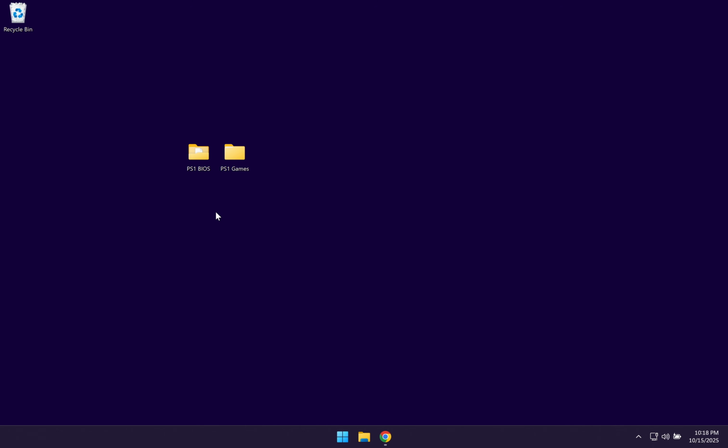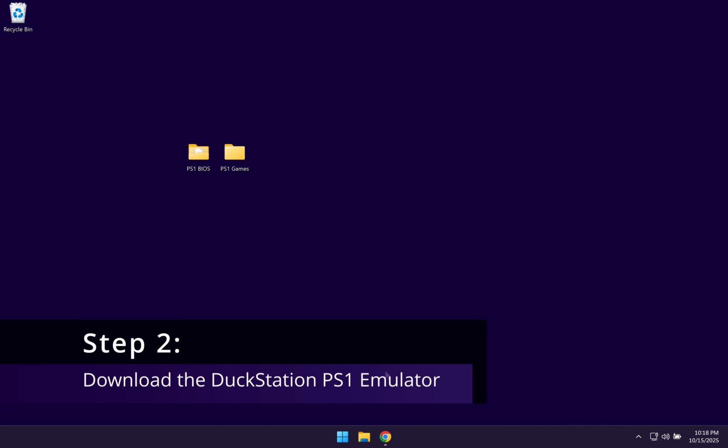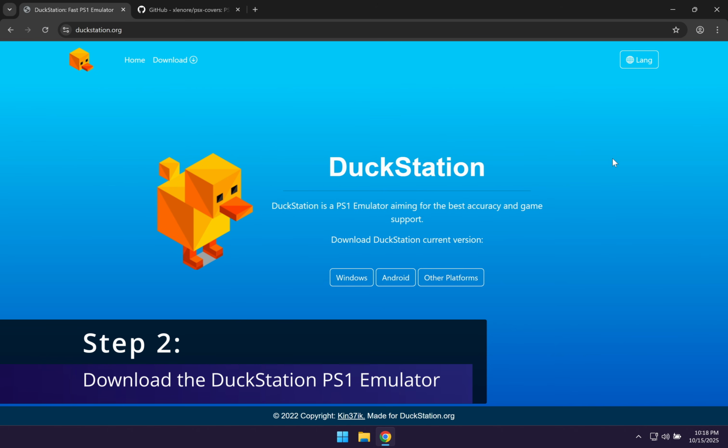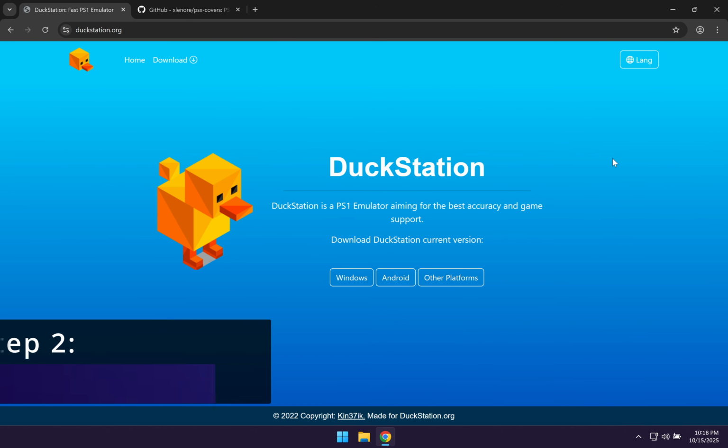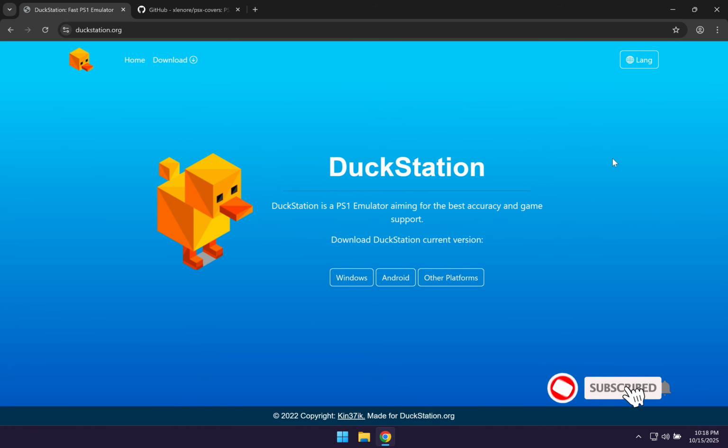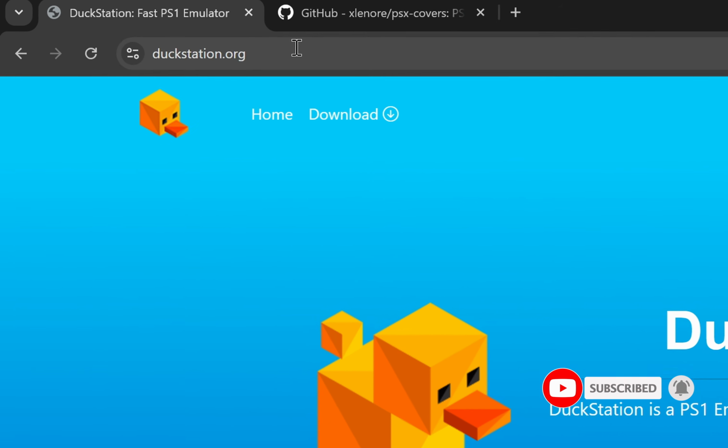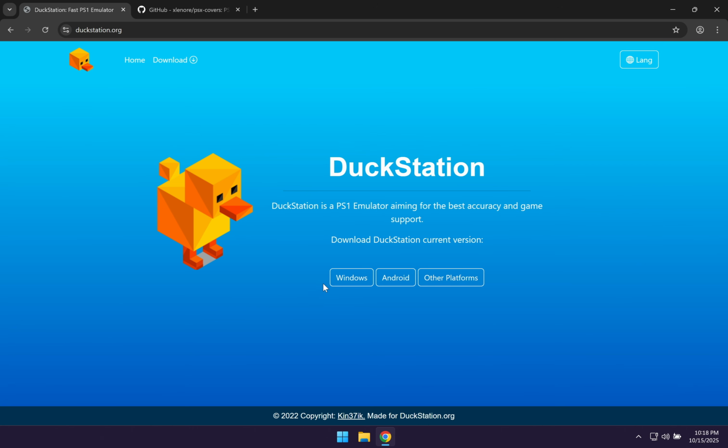So now that you have your PS1 BIOS files and the PS1 ROM files for the games that you want to play ready, you can go ahead and download the emulator. And one of the best PlayStation 1 emulators on Windows is an emulator called DuckStation. So you just want to come to this website called DuckStation.org, and once you're on here, you want to select